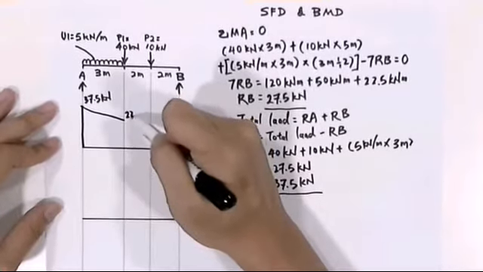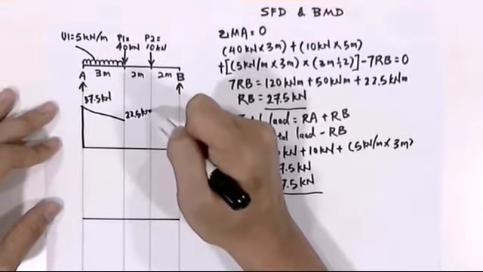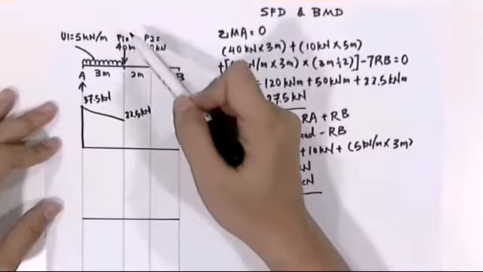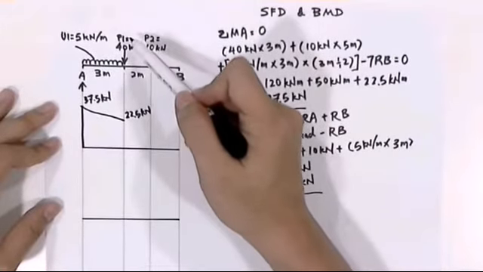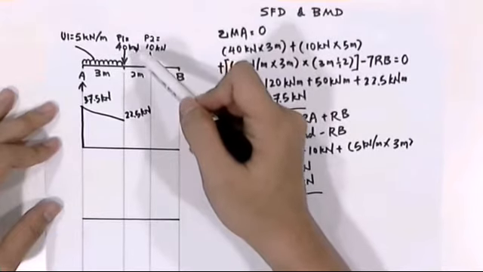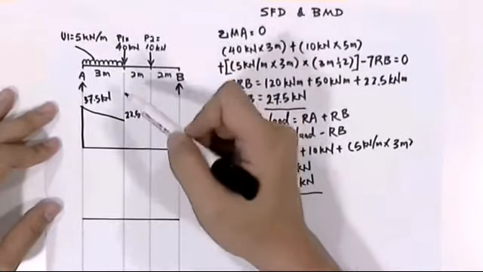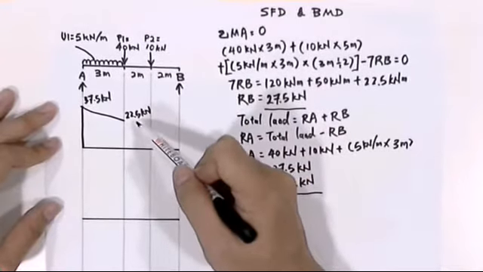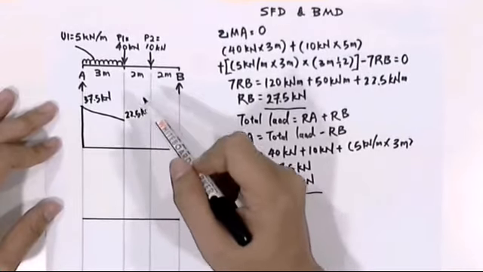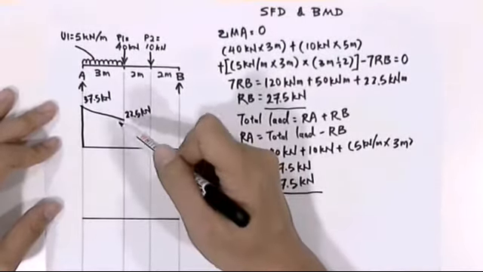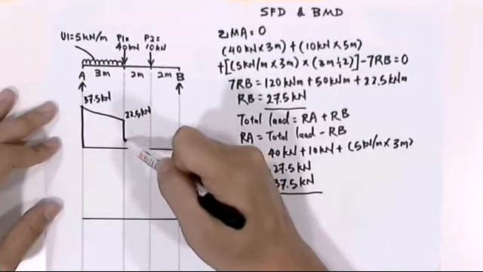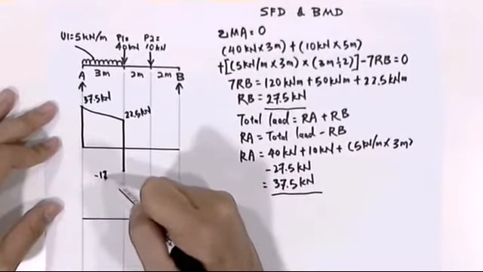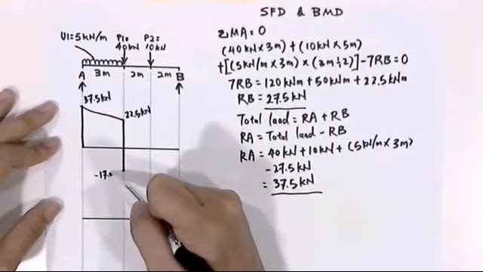And the value we'll get will be 22.5 kilonewton. Now we have a point load 1, P1 equals 40 kilonewton. What P1 does to the shear force diagram is that we have to use 22.5 kilonewton to deduct 40 kilonewton. And the value that we'll have will be negative 17.5